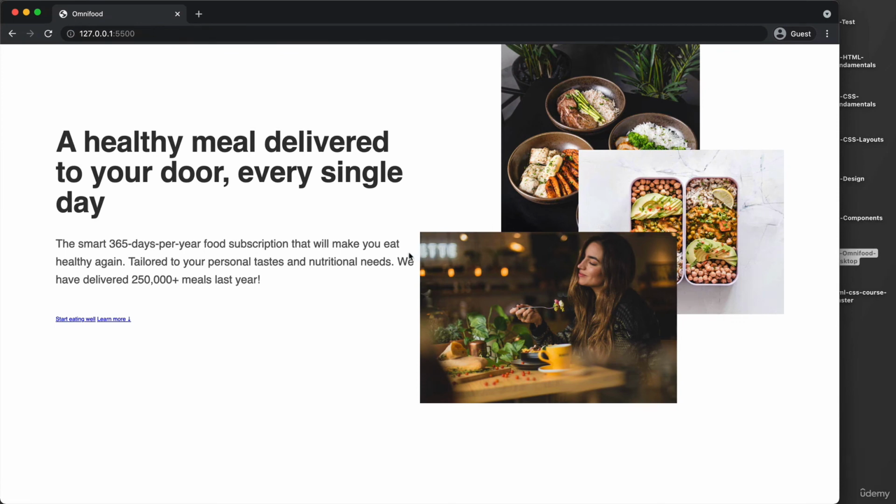nice. But of course, then we have some problem with the spacing here. And so let's now actually tackle all of the spacing in this section. So of course, there's also no spacing here, between the beginning of the page and this hero image. So this entire section here. And so let's now indeed